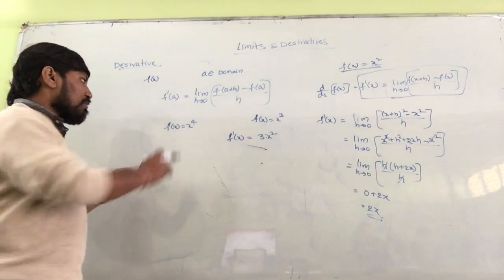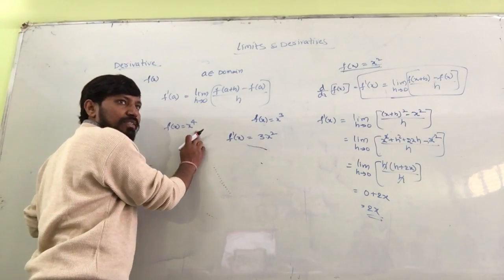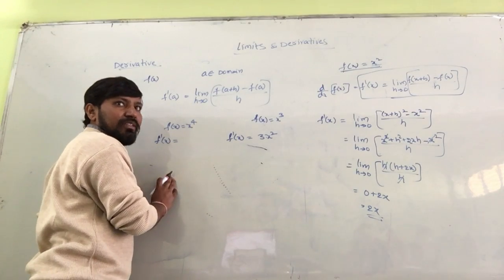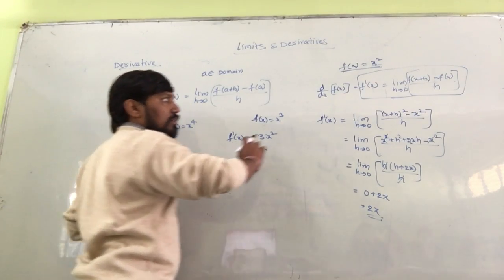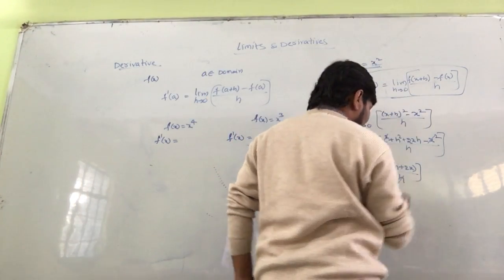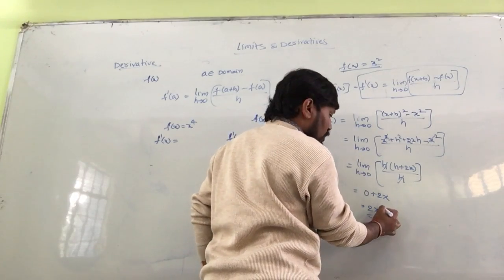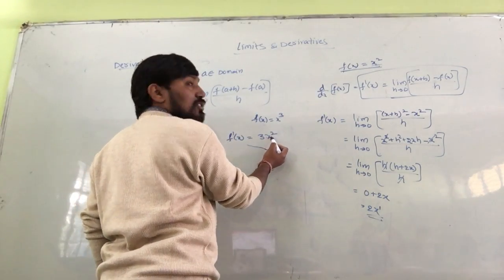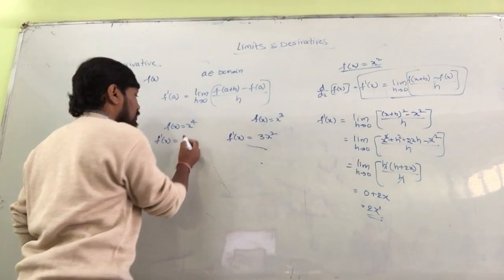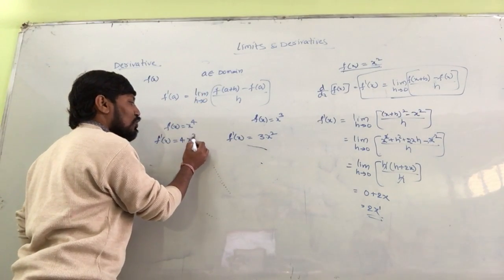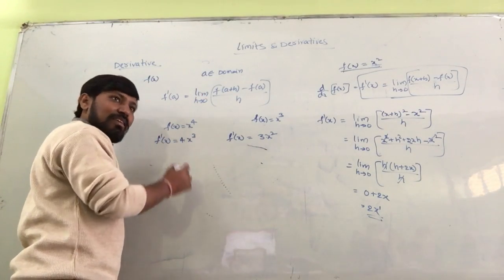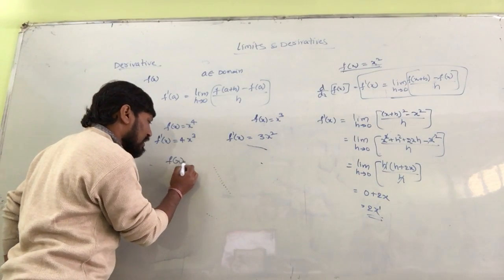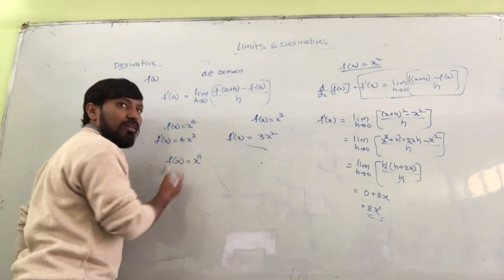Okay, x to the power of 4 is there. So f dash x, what do you get here? Can anyone expect? X square के लिए 2x आया, 2 into x to the power of 1. x cube के लिए क्या आया? 3x square आया. x to the power of 4 gives 4x cube. Any expression, so with the help of that, I think you can write if f of x is equal to x to the power of n.